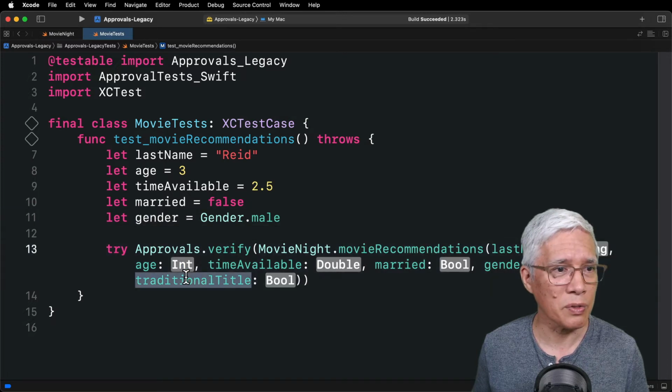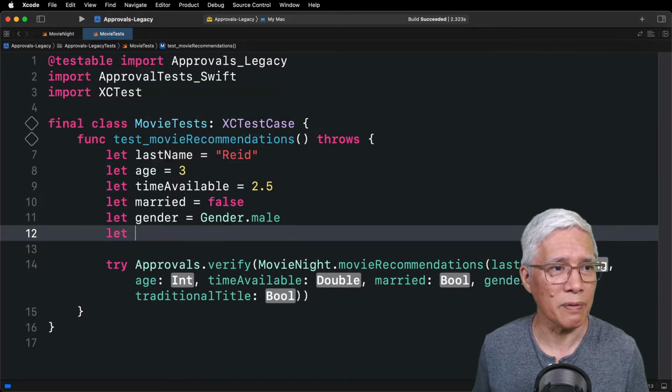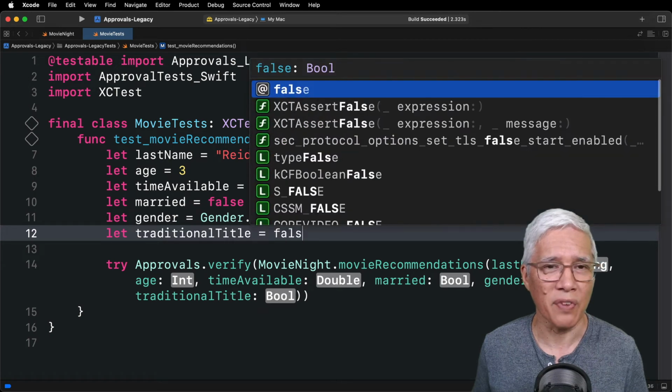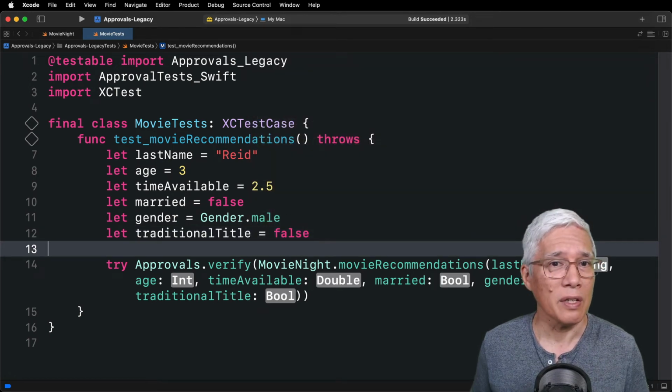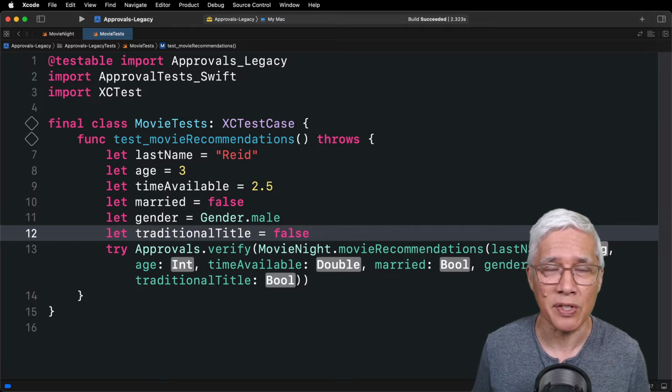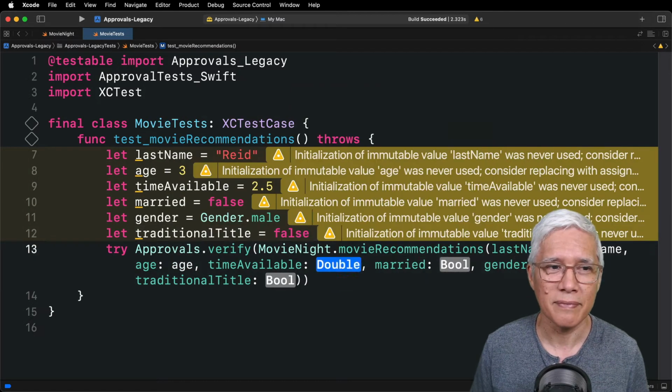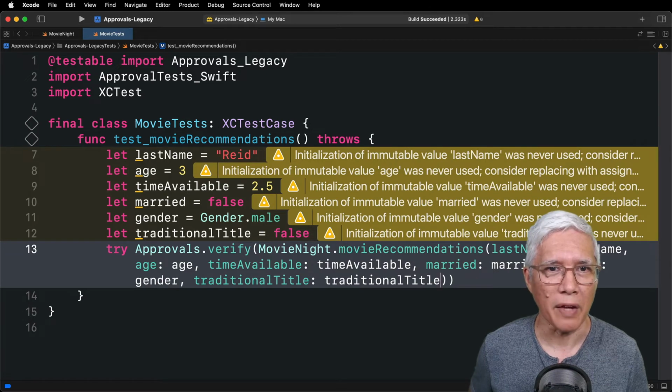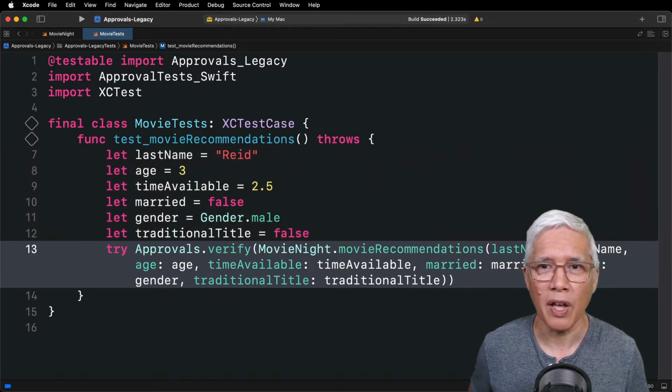And traditional title. Nah, false. All right. So I'll go ahead and plug these in and fast forward because it's straightforward. Okay. So now we have some input, and we can run this as a regular approval test.